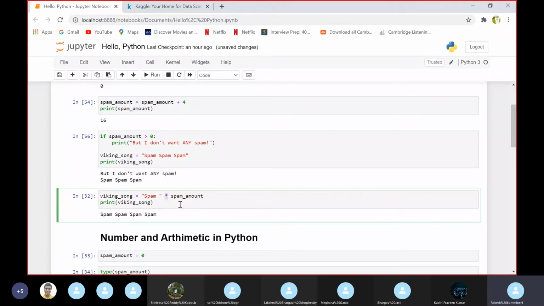You can see this is declared as a star. We are assigning Viking_song equal to spam as a string multiplied by spam_amount, which is previously given. So you can see the result here.